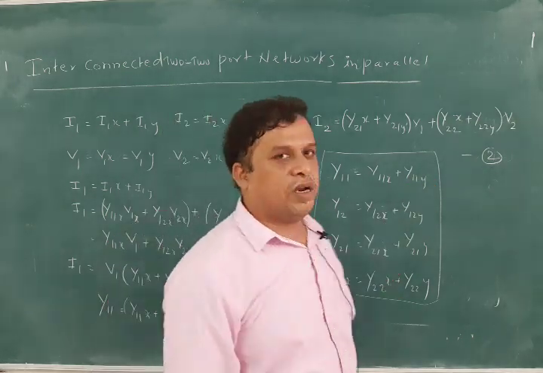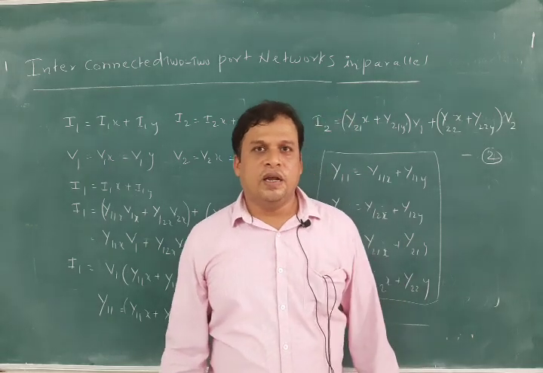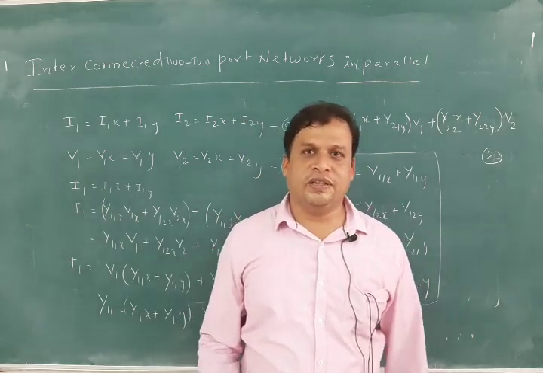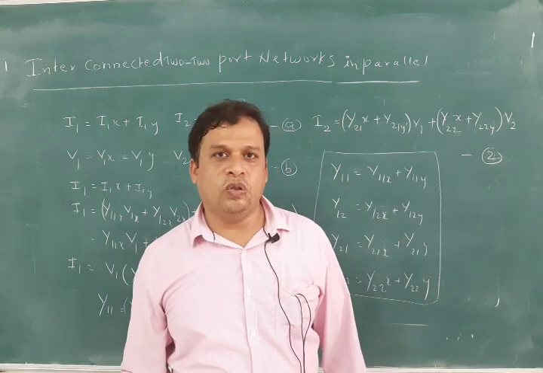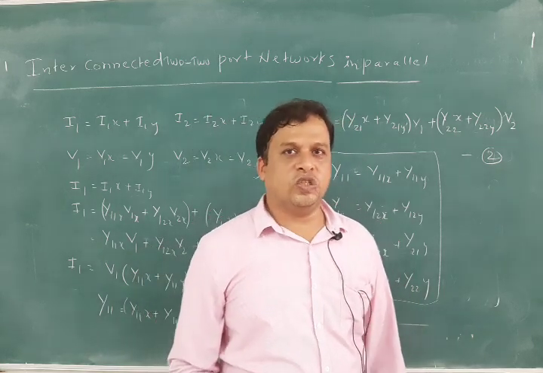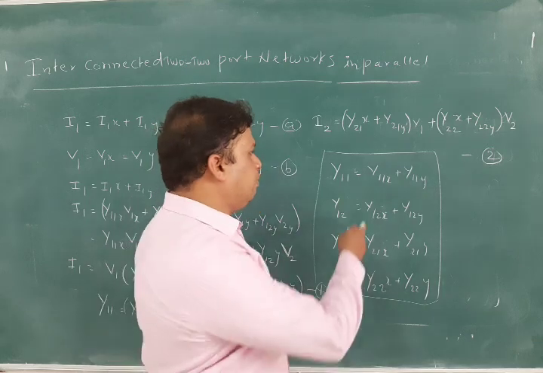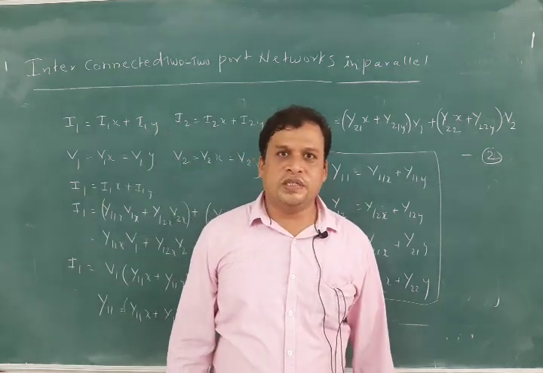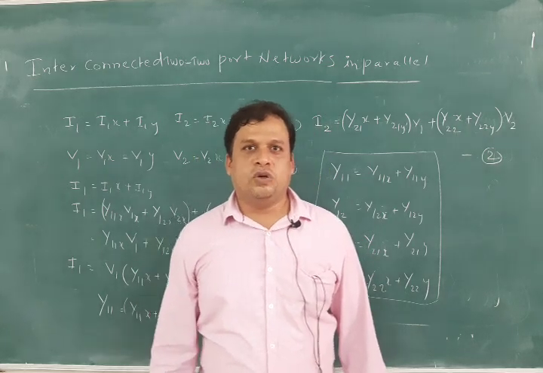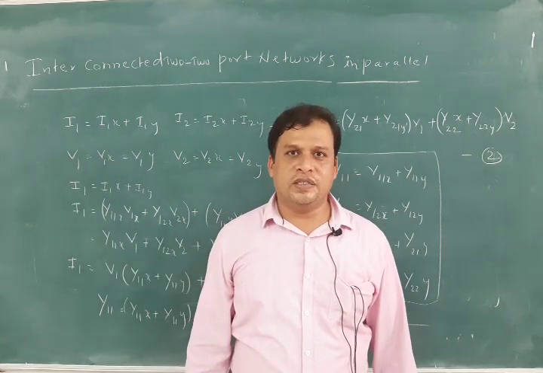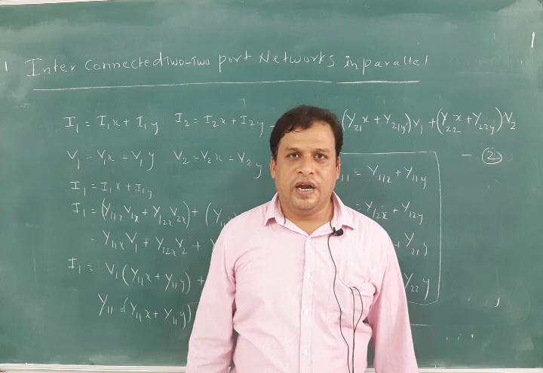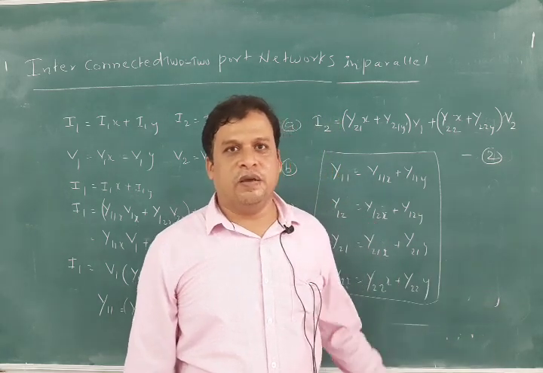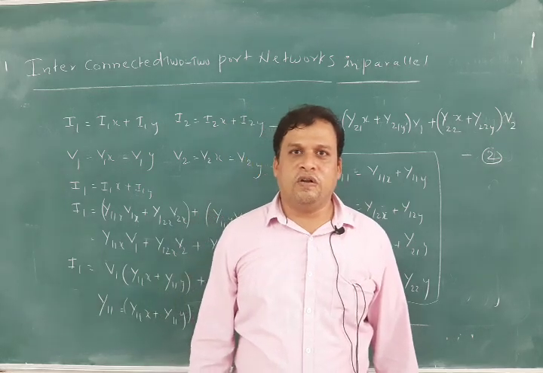So we have seen here the series and the parallel two port networks. If they are interconnected in series, we have got how the equations are, and if they are connected in parallel, how the equations are. In the two cases, we can sum up the Y parameters and we can sum up the Z parameters also. So this interconnection of two port networks in series and parallel is over here, and we will end the class here. We will use these particular formulas in the problems. We will solve the problems in the next class.